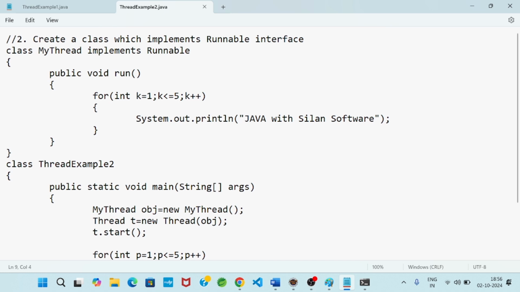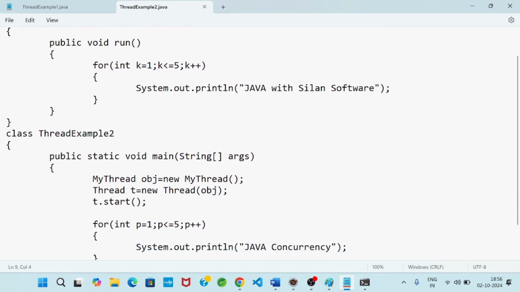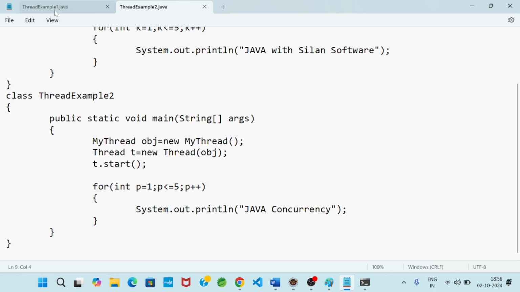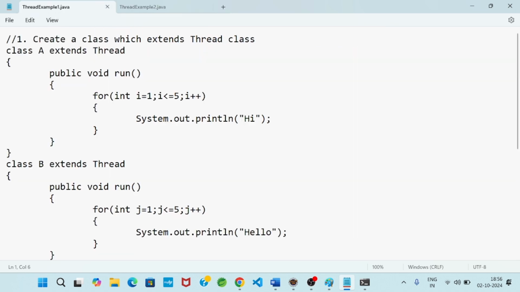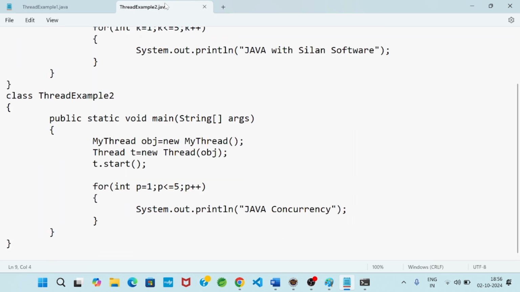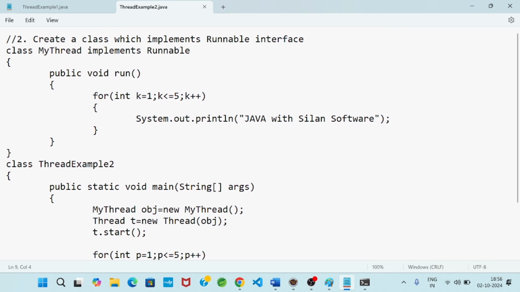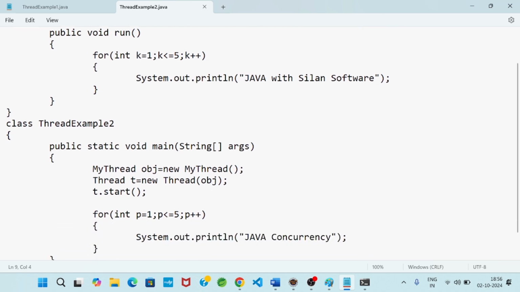Which is better, first approach or second? Maximum students refer to the first approach. The first approach is very popular. But according to the concept, if we analyze, the second approach is better. Why? The interviewer may ask this question.